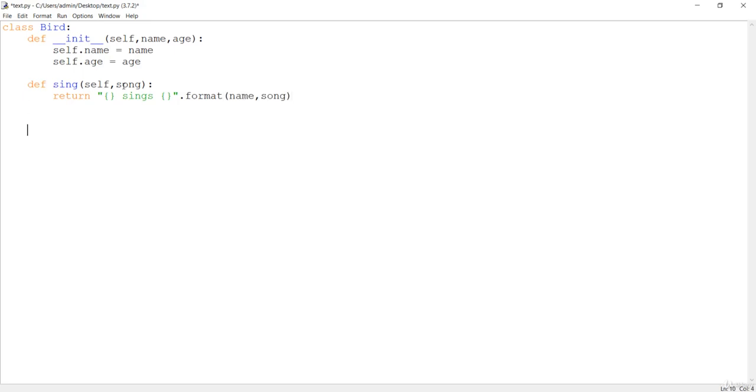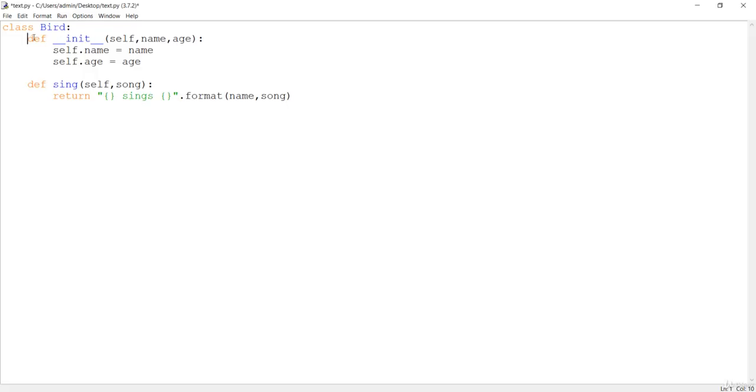So before that, I have to make the object. First of all, just remember, in object oriented programming, the first part is creating a class, which we just create here with the class keyword, giving the name of the class. And just remember the naming convention: the class name always starts with uppercase, that is, B over here is capital. If you make any other class like bike, then B will be capital over here. So this is a Bird class, so the first letter of the class will be uppercase.